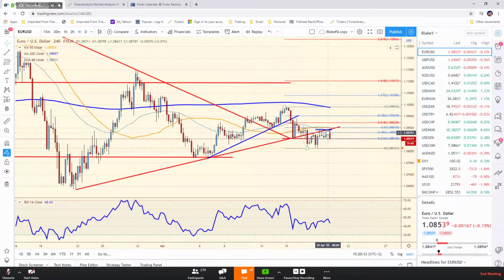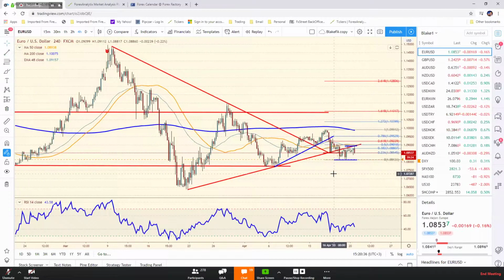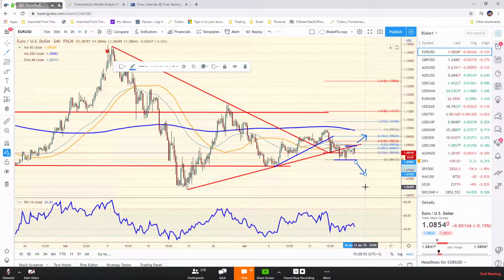And so what I'm looking at right now is just making sure that we stay below 109 and above 108. Now, I'm not saying that because that's what I'm hoping for. I'm just saying that this is the range that I think we need to pay attention to. Once we come out of this range, that's going to help us identify probably a better trend in not only the euro but also the dollar. So if the euro gets above 109, we have to be bullish here, and if we get below 108, we have to be bearish. But let the market dictate